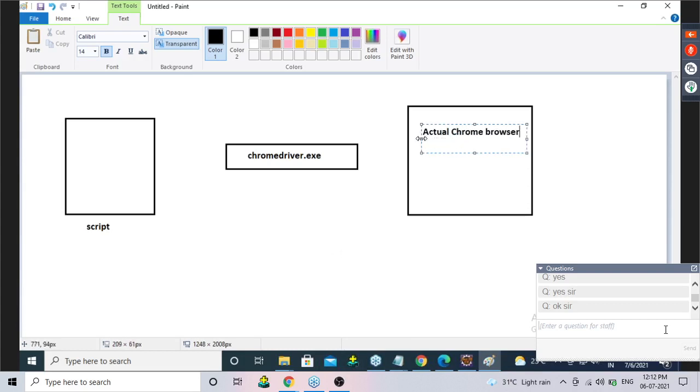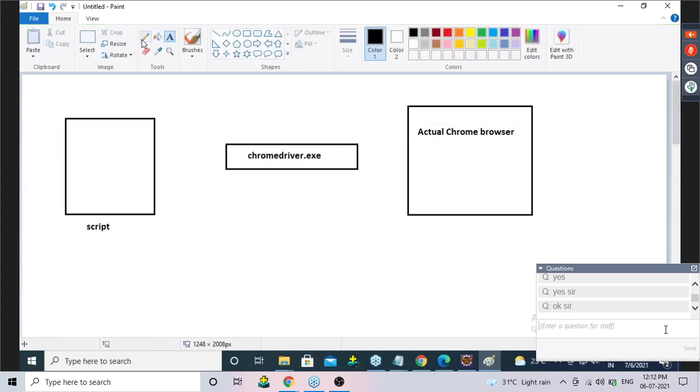Now in this, first you have to write a script. Then the script will connect to the Chrome driver and the browser server interacts.